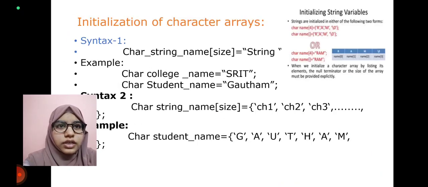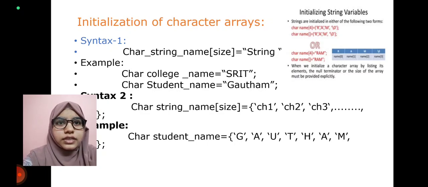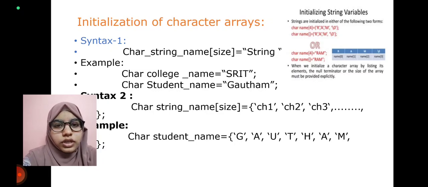Next, initialization of character arrays. We have two methods to initialize the strings. First, syntax 1: char string_name[size] = "string"; Example: char college_name[] = "SRIT"; char student_name[] = "any name";